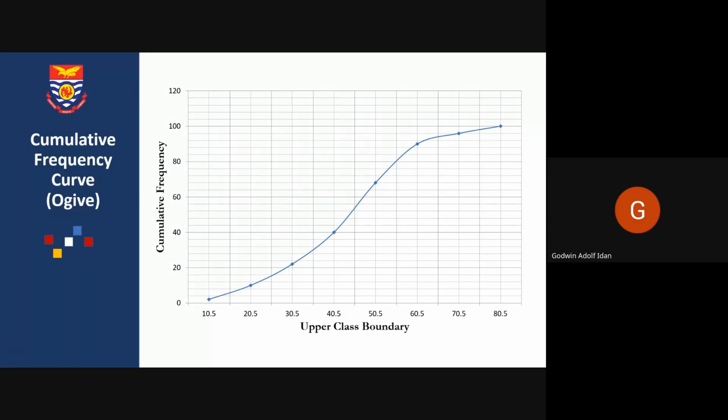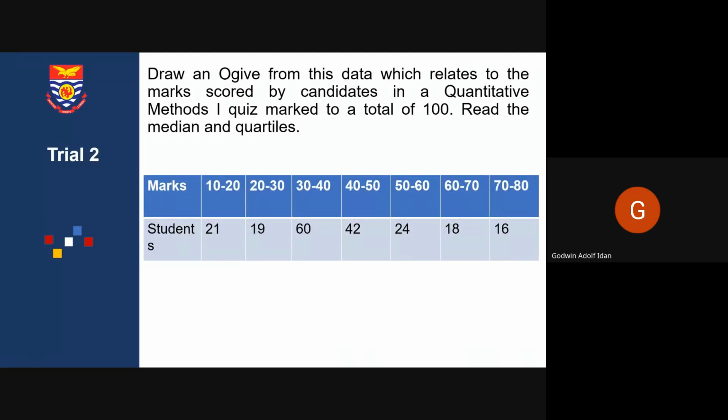All right. So here, we are relying on the upper class boundary and our cumulative frequency. You can try this one on your own as you have the slides. Then